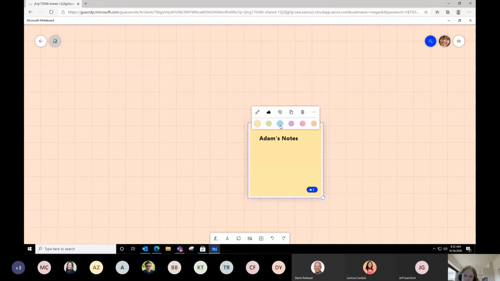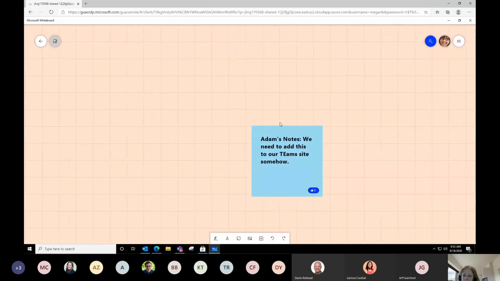You can also change colors, so you're not stuck with the yellow note. Copy the notes, delete the notes, and then over here you'll notice that you can cut them, add alternative text. But I like the notes, and you might be thinking, what's the idea with the notes? Well, you could have a shared whiteboard and different people could add their sticky note ideas.